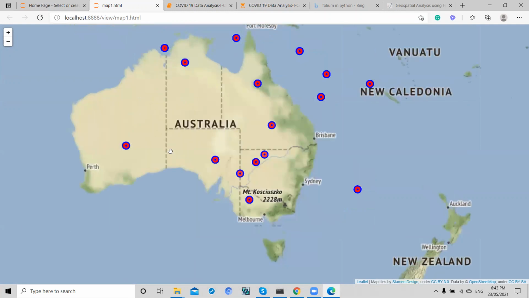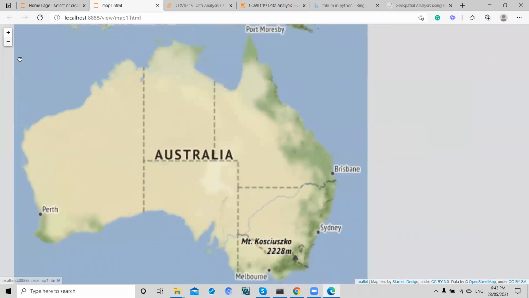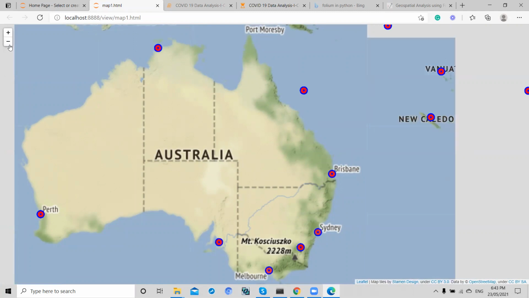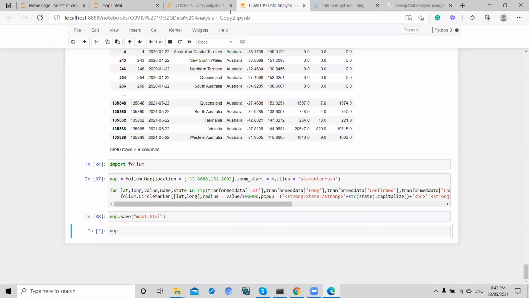So if we do minus, let's zoom out. Why is this showing up? The first page, you can see Australia here because here we